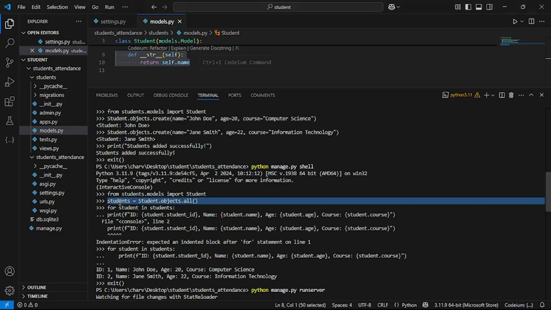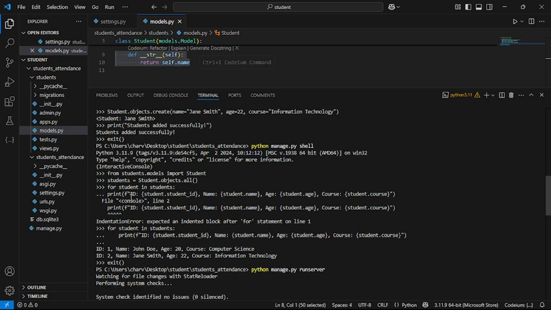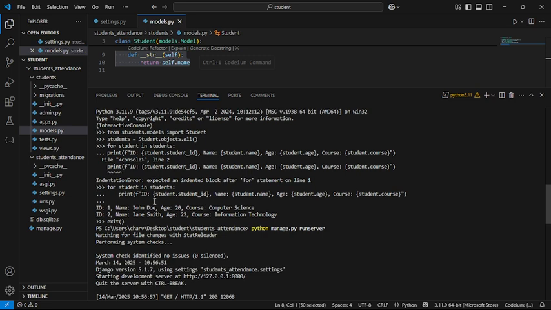This will get all the records of the student model, and then we have, where is it again? There you go.